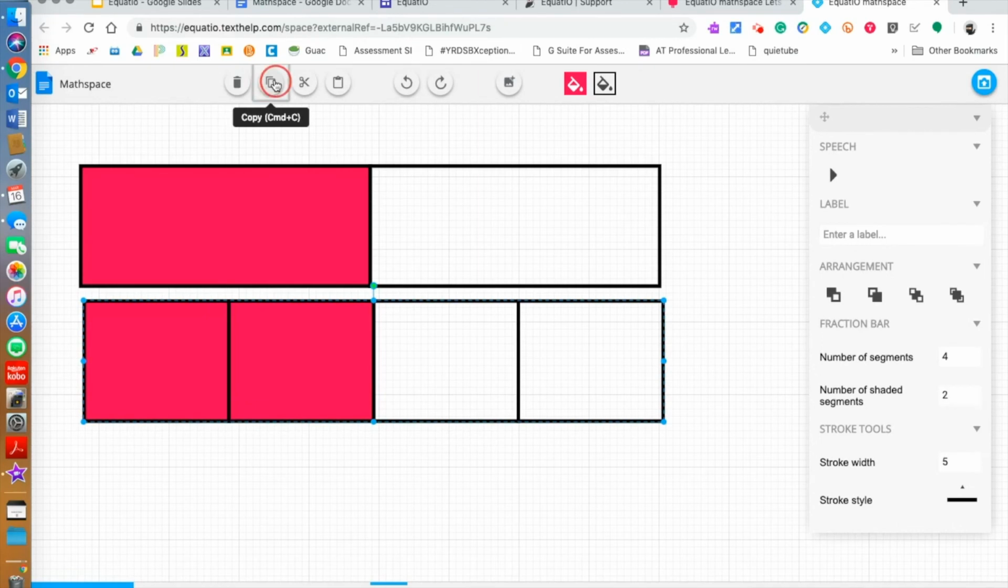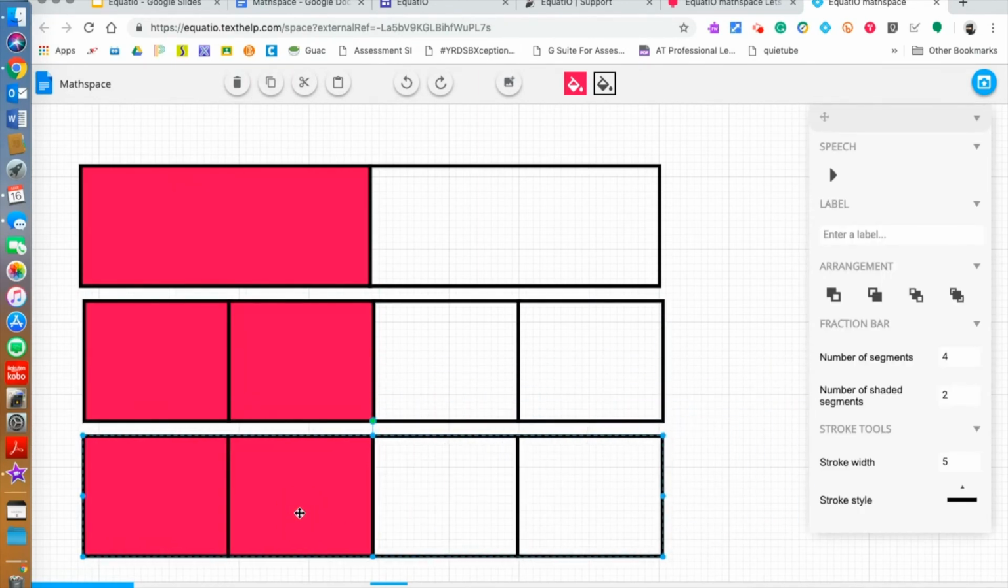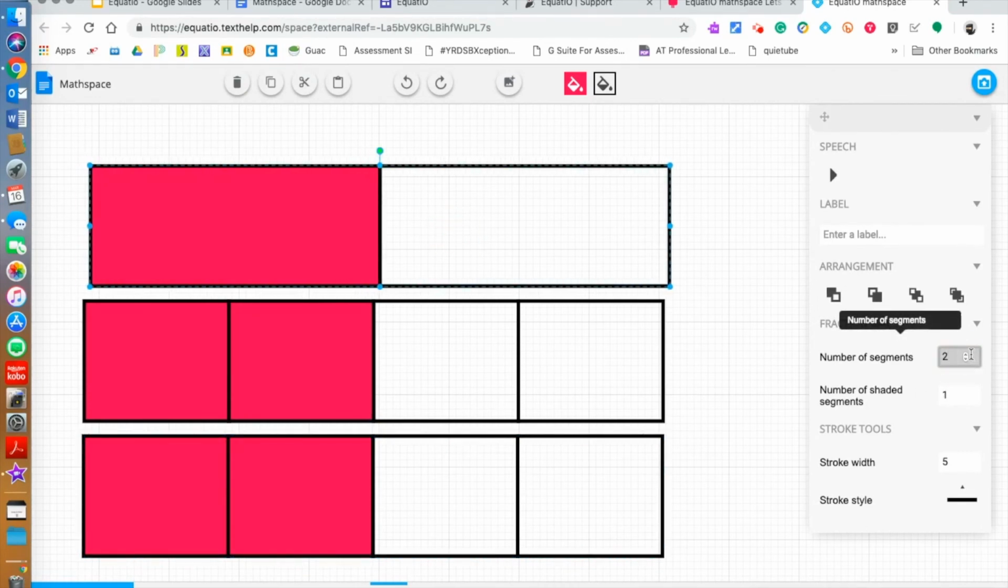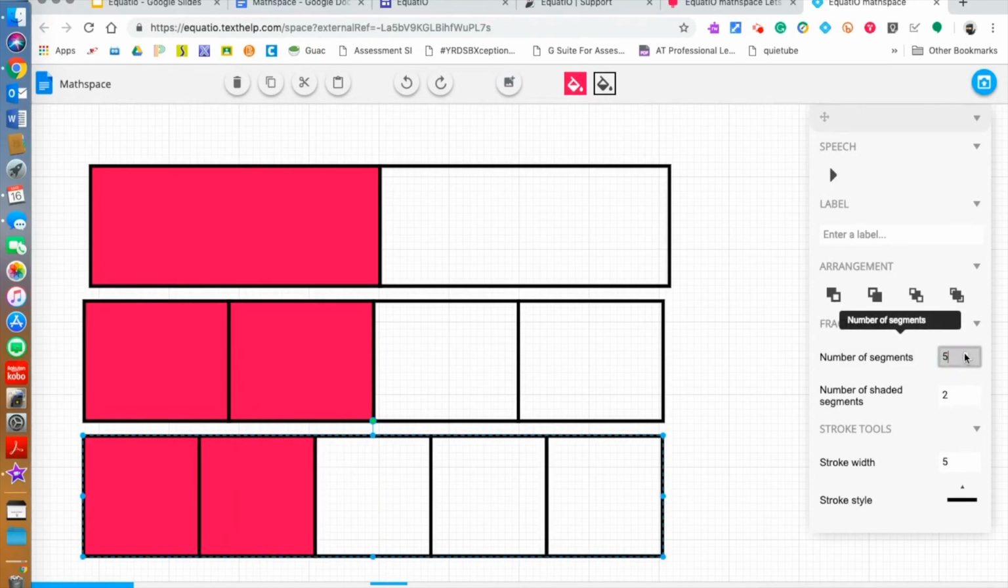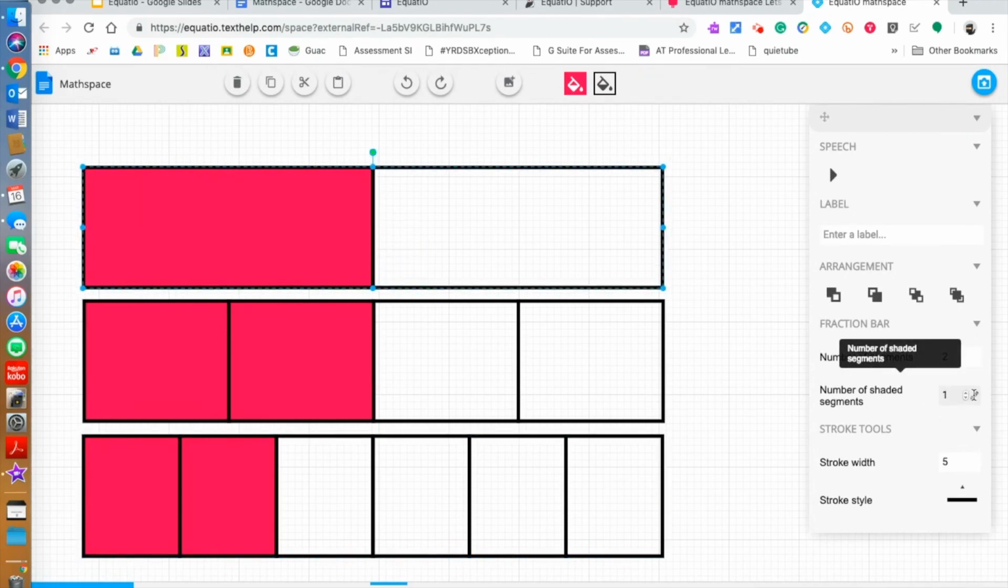And then I'm going to copy this and paste it again and just move it so that it's in line with the other two. And I'm going to try thirds. Oops, no, wrong one. I want to click on this one and I'm going to try thirds. Well, 3 or fifths. Fifths doesn't really work. And I'm going to now go up a number of segments. Ooh, that looks like it matches with those two. So that's 3/6. So now I've got to make sure my number of shaded segments is right. So now I have 1/2,